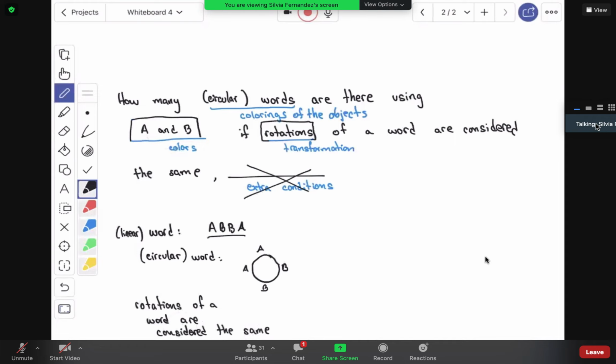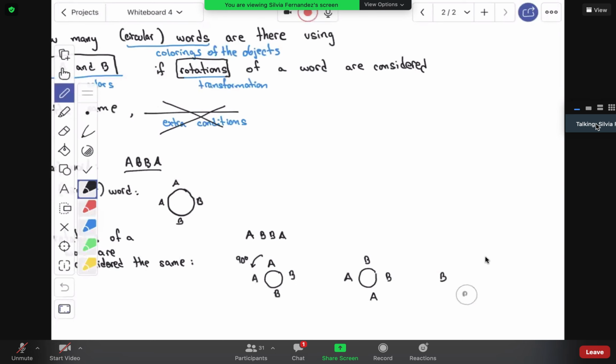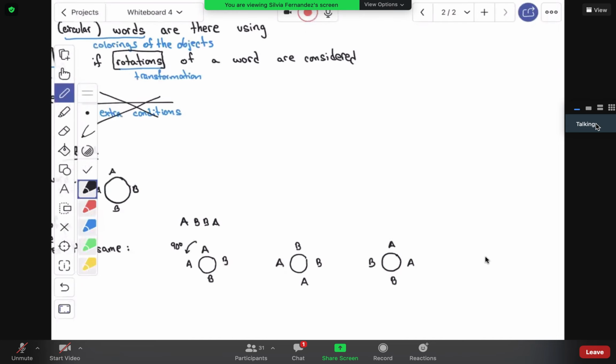It means the following. I had the ABBA, which in the circle looks like this. A, B, A, no, sorry, A, B, B, A, like this, right? But then I can apply a rotation to my word, and then I get this: A goes here, the other A, the B, and the B. You see, I rotate 90 degrees, and I get that one. And if I rotate again, I get B, B, A, A. I get this one. And if I rotate again, I get,